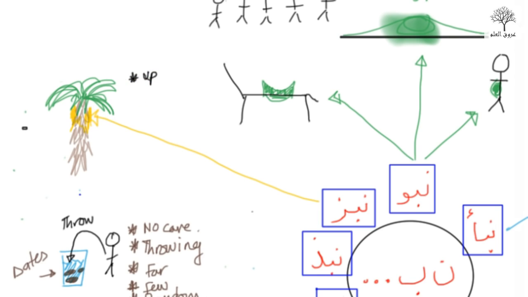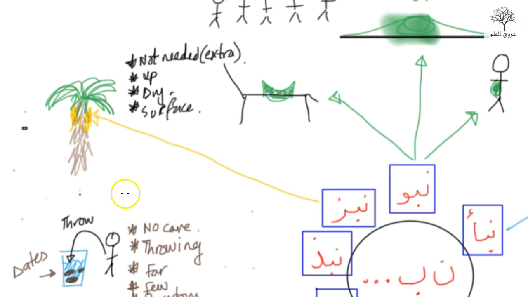So it's something which is up above, and it's also something which is dry, has a dry element to it. Maybe that's the za playing here. And then you have the meaning of surface, above and top surface, it's in the surface area, and it's also not something which is needed, right? In other words, it's extra. So in other words, it's not something which people might even want. You can add other things as well here. Maybe it's something which is a bit of a waste as well, and something which annoys people, right? Nibs.